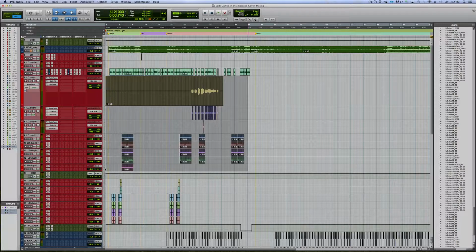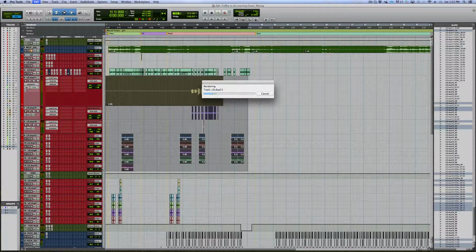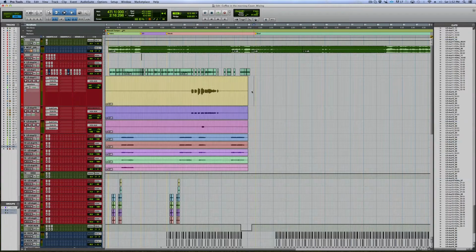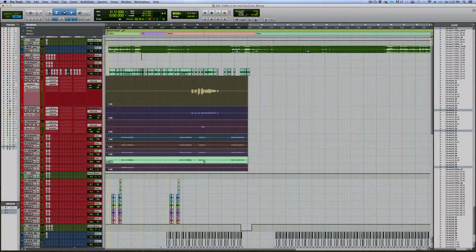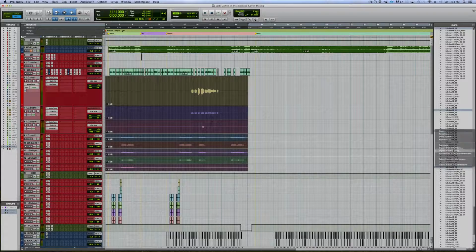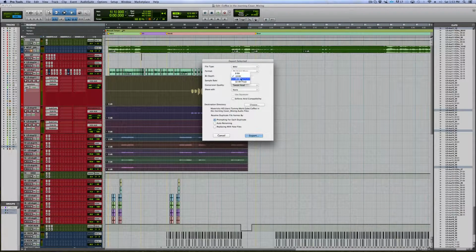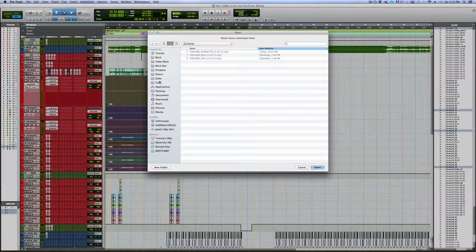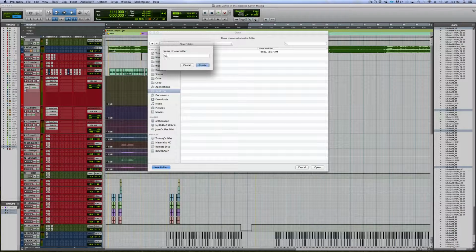So let's see. All right, let's consolidate these and let's export them. Let's say these are all your session files. These are the stems in your session. You've bounced them or you've done whatever. So let's go ahead and export these. We'll export them as WAV, 24-bit, interleaved. We don't want the stereo tracks to become mono. We will choose desktop and we'll create a folder called your session song. Create,